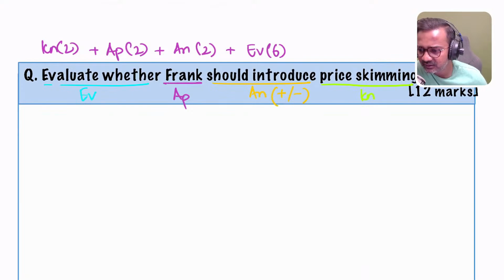So, with application in paper 2, first, anything that you want to use as a business context must come from the case study, right? So the way to do that is, for example, when we'll be answering this question, price skimming, if you